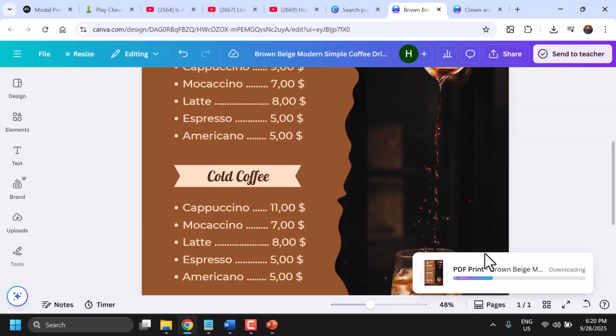So this is the fastest way to create a poster using Canva,